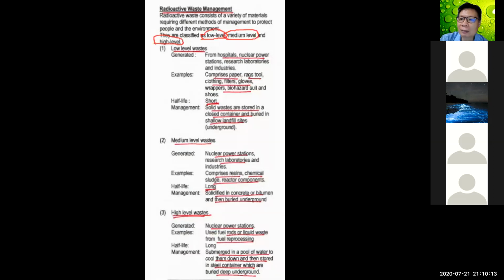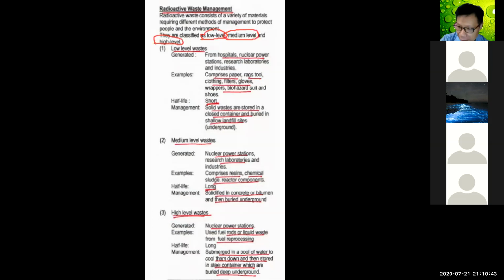Chan Wen Kang, you cannot talk, then you type. Chan Wen Kang, are you there? Okay, Chan, the high level product, how to manage, how to dump it. Chan Wen Kang, the high level, how we do it. Type your answer now. Okay, I see what you type now, Chan.